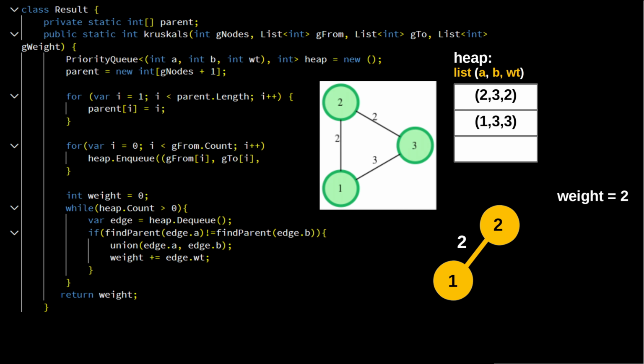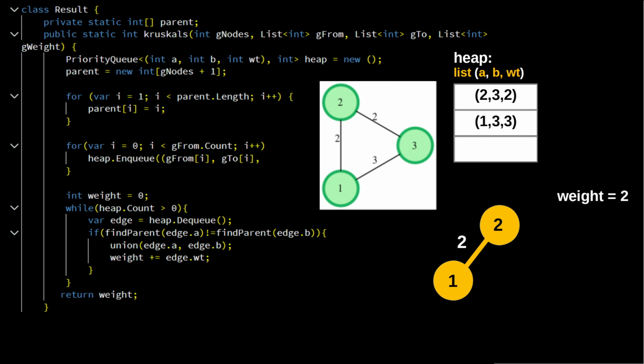edge. Every time we dequeue an edge from the heap, we always check whether a cycle exists. So that's what this line is for, to see if the parent of that node is the same parent of the other node. And if it's not the case, then we know that there is no cycle, and we'll perform a union operation. Then we will update the weight value with the edge weight. When we perform a union operation, basically we are saying that these nodes are now together in the same disjoint set. This is the operation I was referring to when I say I add the nodes to the minimum spanning